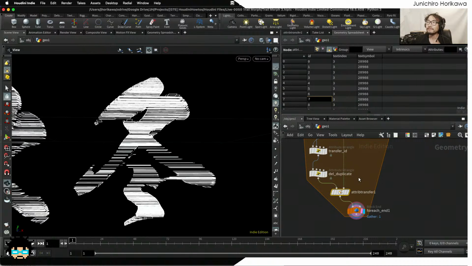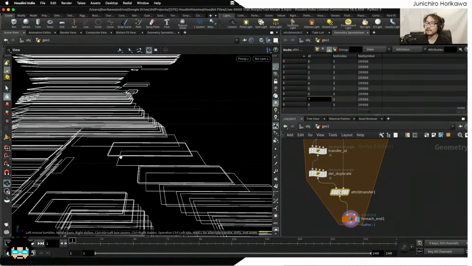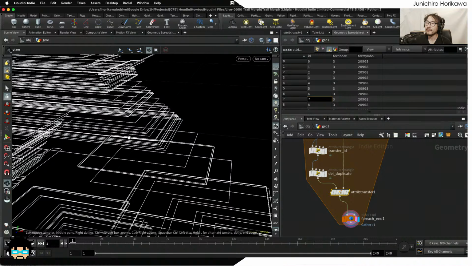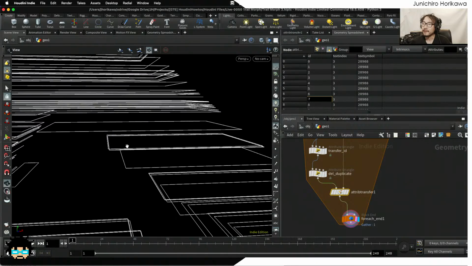Right, now, where was I? The next thing I'd like to do: currently I have created this curve, and I want to use it as a running path for the points to move. Though the problem here is that